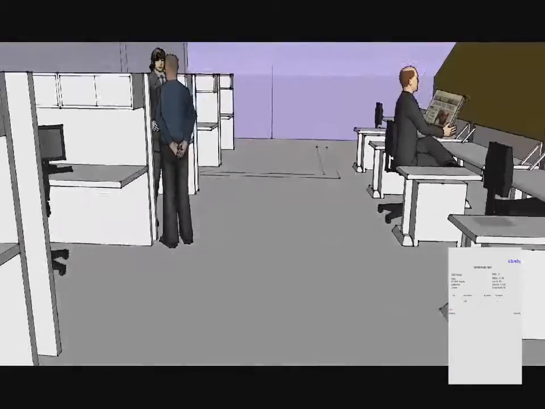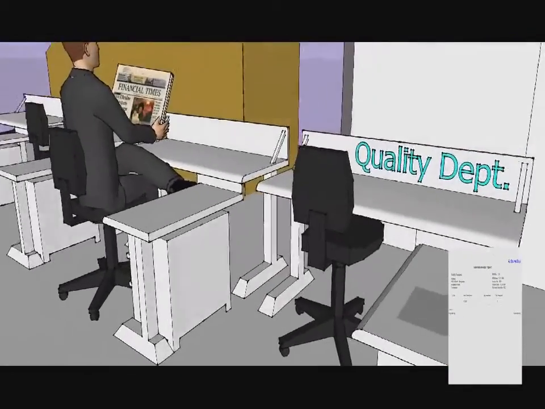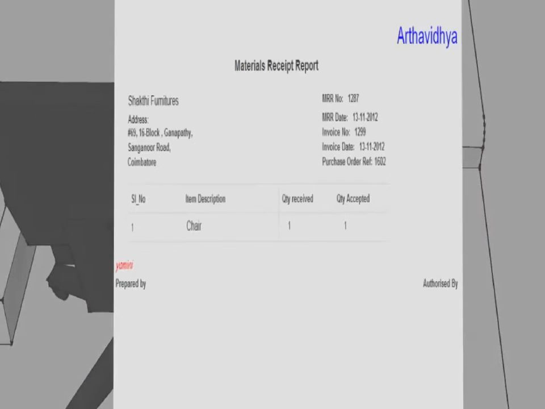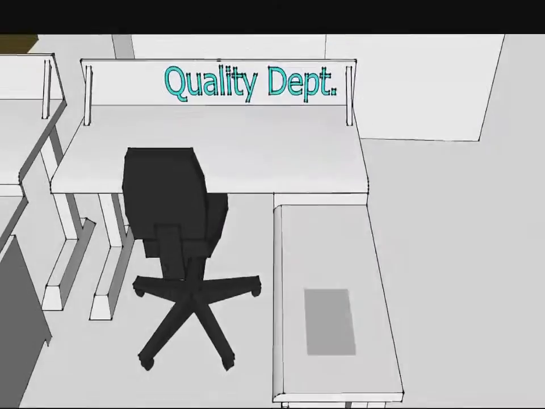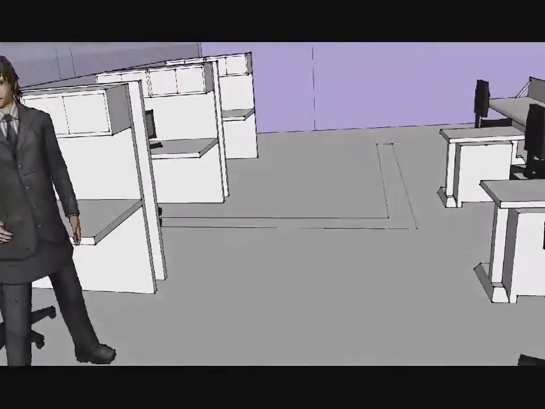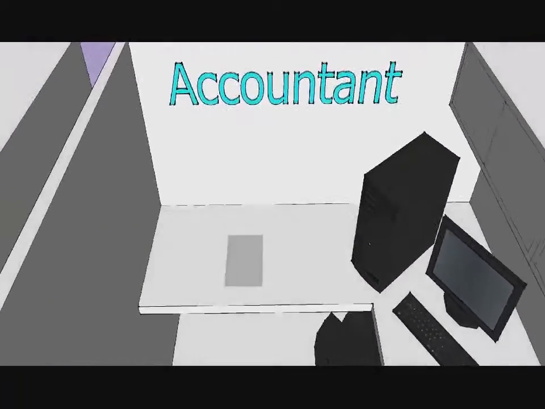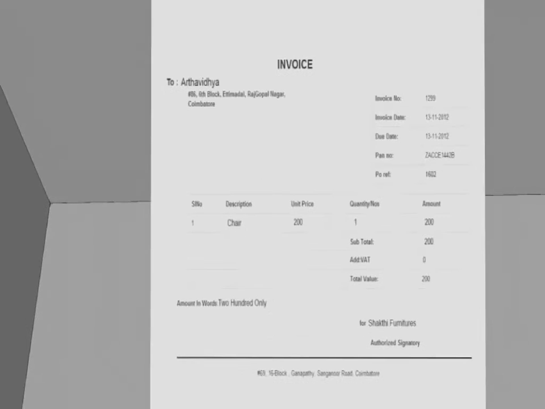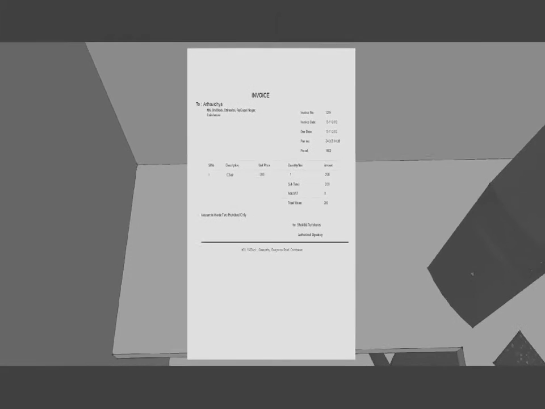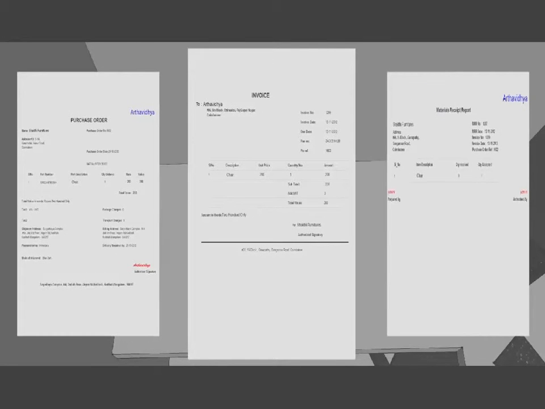The chair then is inspected by someone in the quality department, who then signs on the materials receipt report for acceptance. Shakti Furniture also sends an invoice to the accounts department, which is given to the accountant for making payment. The accountant has to initially understand the three documents which are prepared and sent to him by three